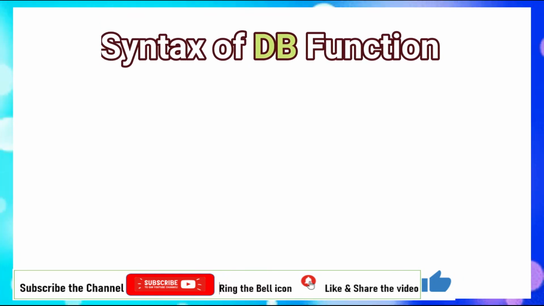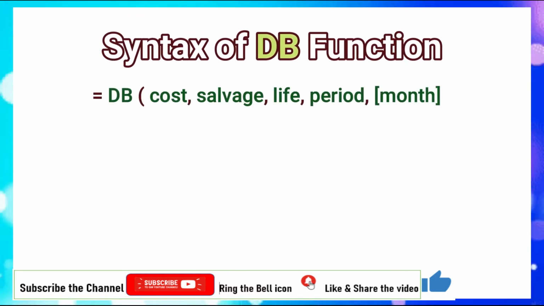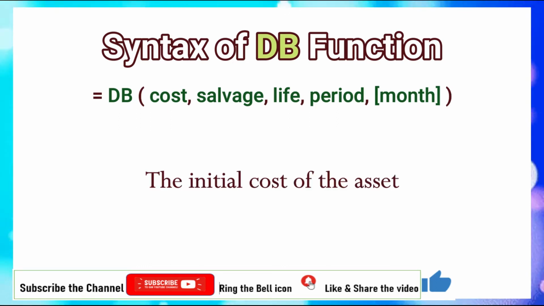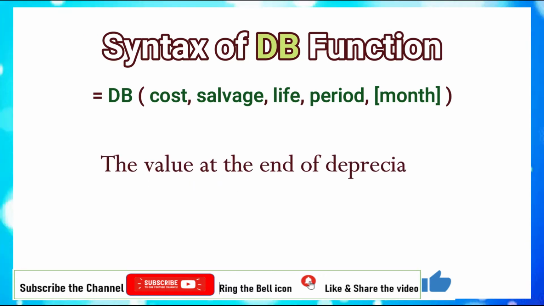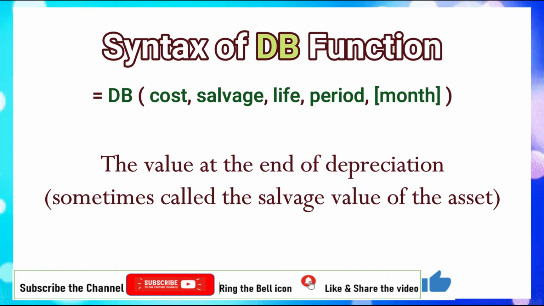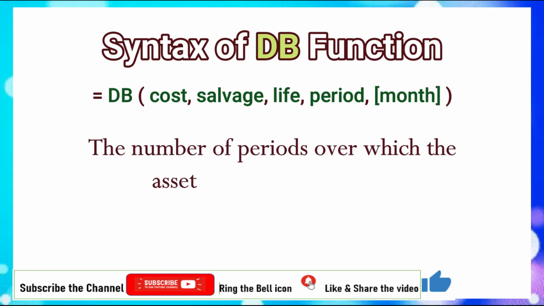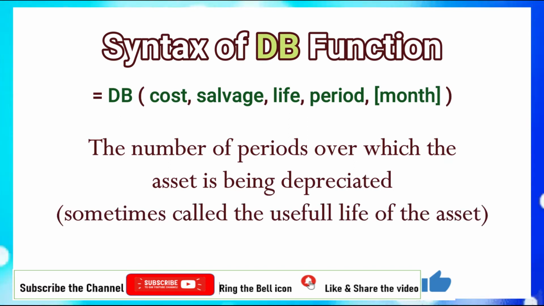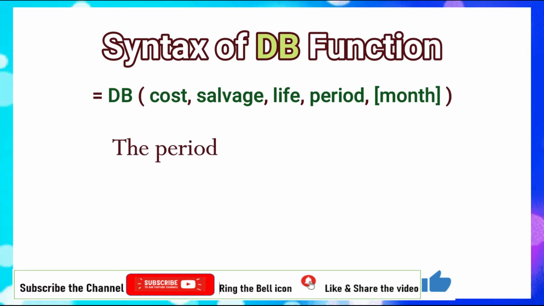The syntax of the DB function is as follows: equal sign DB open parenthesis cost. Cost means the initial cost of an asset, comma salvage. Salvage means the value at the end of depreciation, sometimes called the salvage value of the asset, comma life. The number of periods over which the asset is being depreciated, sometimes called the useful life of the asset, comma